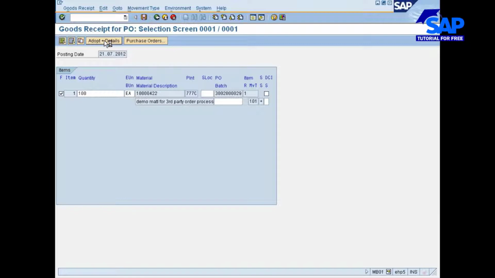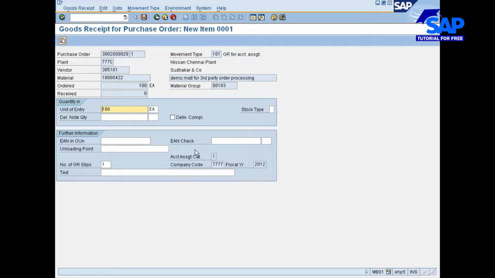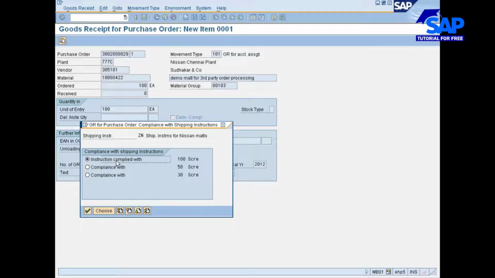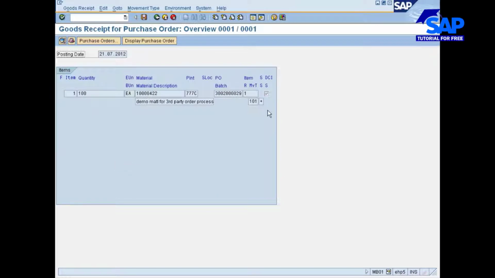Storage location. Okay, so 100, delivery not 100. One second, I'll go with copy. 100% compliance. Okay,